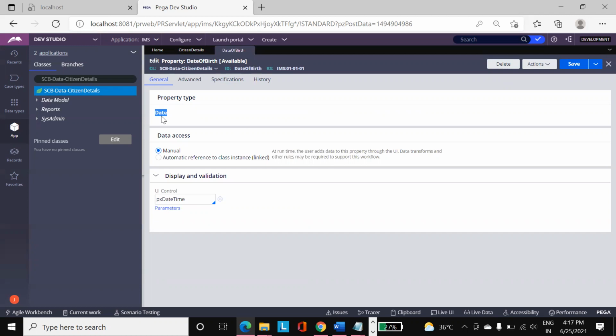Then it will not accept this kind of data, so you have to change the property type. In this scenario, you have to delete the property and create a new property with the new property type. So this is how you are going to create the property types and the properties in Pega. Hope you guys understand, and so that's it.